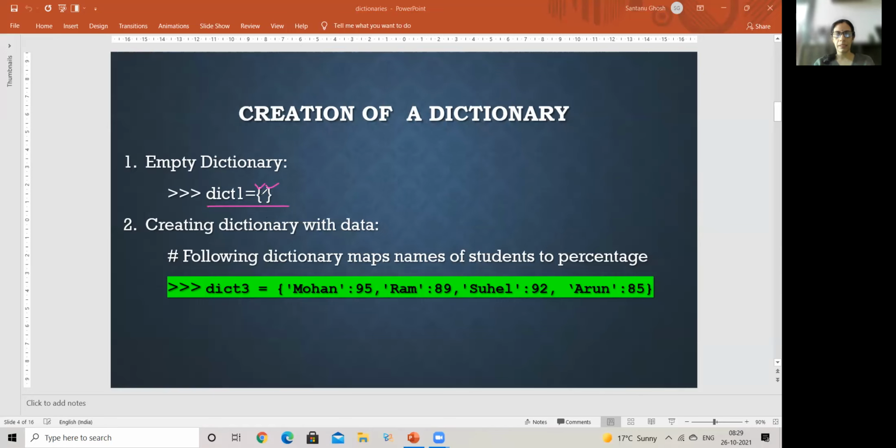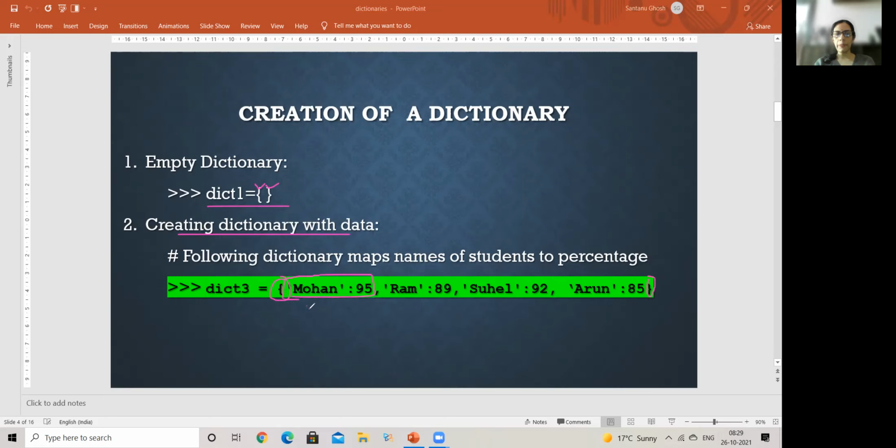There's nothing inside this. Now, when I want to create a dictionary with my own data and keep it with me, then in that case, I have to enclose my data as you see in the curly braces, and every element is actually having two parts.